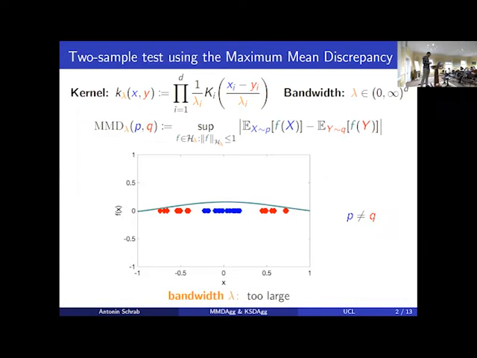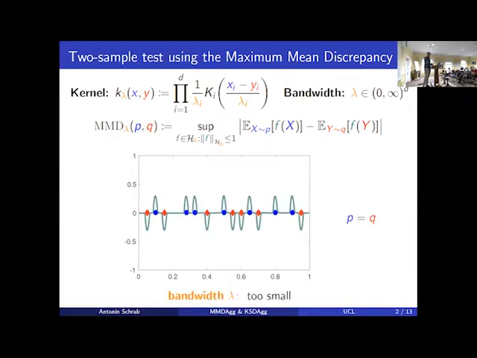But if you have a bandwidth that's too large, then you're not going to be able to detect anything, because the bandwidth is so large that the MMD is not going to be high anymore. So that explains why the bandwidth is important for the case where p is different than q,